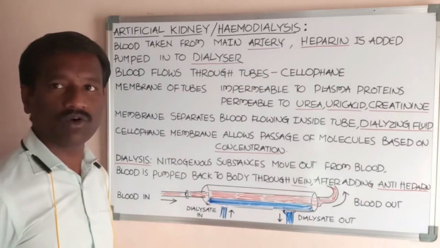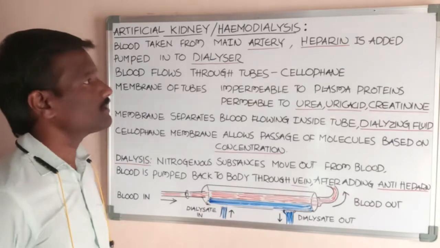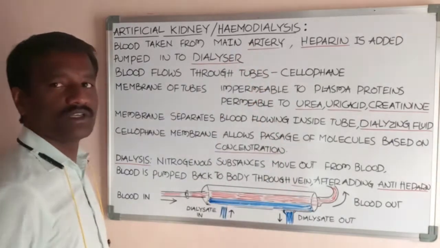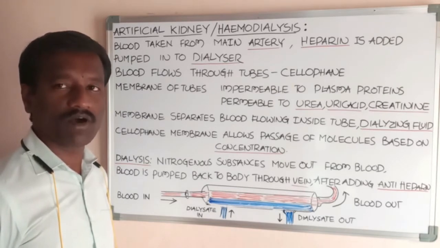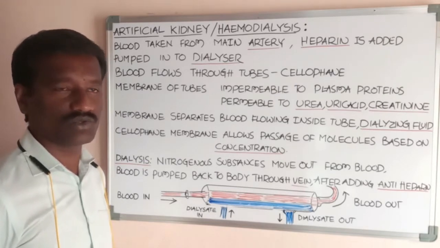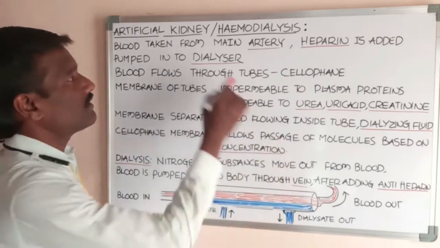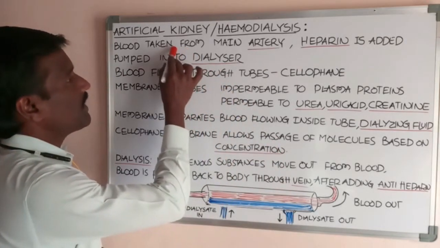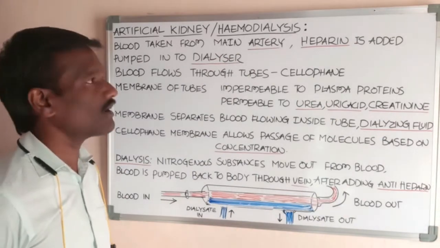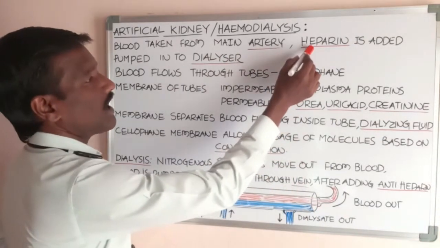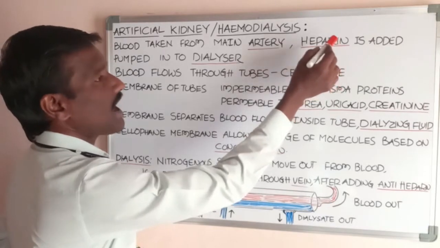Already you know about the artery: it is one of the blood vessels in the body that carries blood to the body parts, organs and tissues. Firstly, blood is taken from the main artery of the body, and then heparin is added to